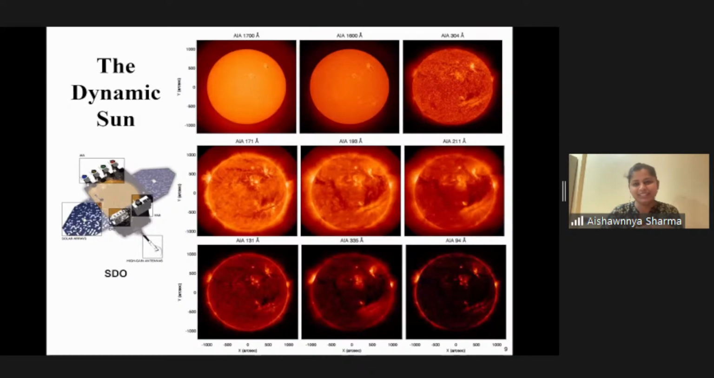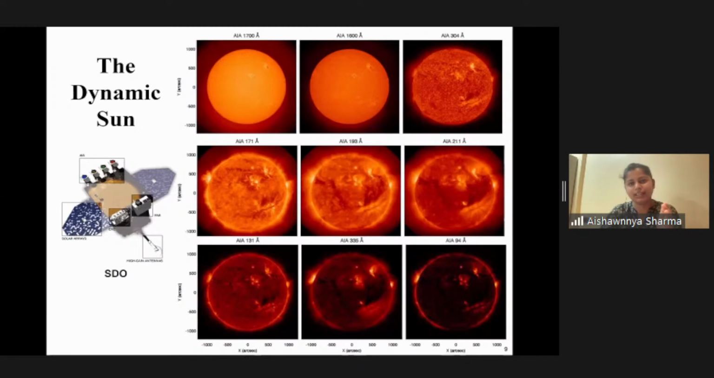So this is our sun from space in different wavelengths. If I go to the top left panel, like AIA 1700, this is how the sun looks from our Earth, right? It looks like a plain yellow ball. It's calm. But if you go to space and take images at different wavelengths,